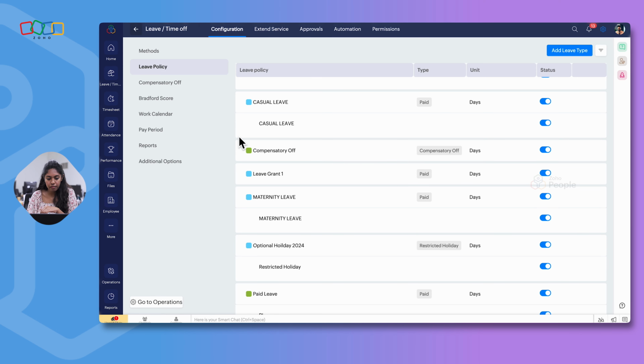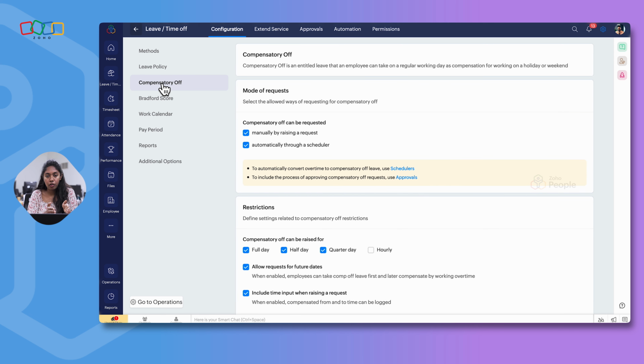But the first step is the employee has to submit a compensatory request stating that they have worked on a particular weekend or a holiday. So now we are going to look into a few settings related to submitting a compensatory off request in the system. You have a separate tab called compensatory off, and here the first set of settings is mode of request.